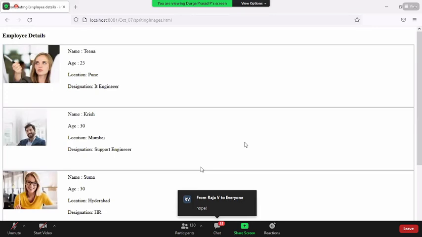Do you think that every day people will change? No, right? Not like that, sir. At least for a minimum of, say, 6 months, I can say that these are all the employees. Maybe after 6 months, some new employees come or existing employees get replaced with a new employee. So that time the things are changing. At least for some time, the images are not getting changed. So these types of images, we call a static image. An image which is going to be there at least for some time.